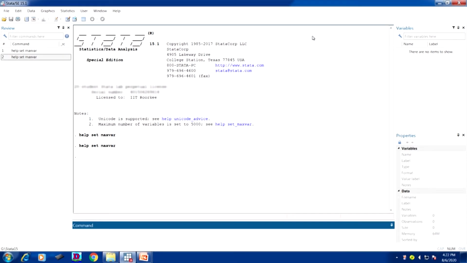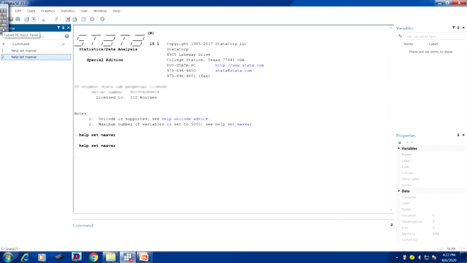Now, just try to see it from the Stata software. So, the main menu I have already clarified to you. The toolbar is just available below that of the main menu, and the review window is written here. You can find review is written here, then variable window, then properties window, then command window, then result window, and then the log window is not visible. Once we go for a log file, I will clarify what you mean by log file. The log file has certain options to save. So, once you save that, it will automatically pop up whether the log file is on or off. Okay. Now, I will clarify it.